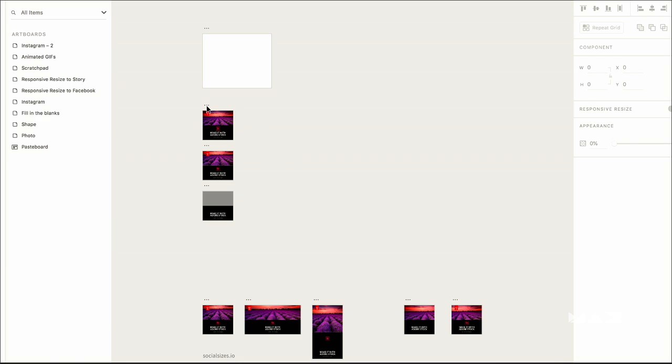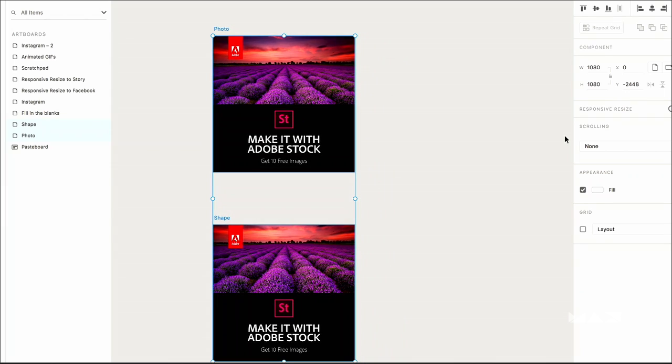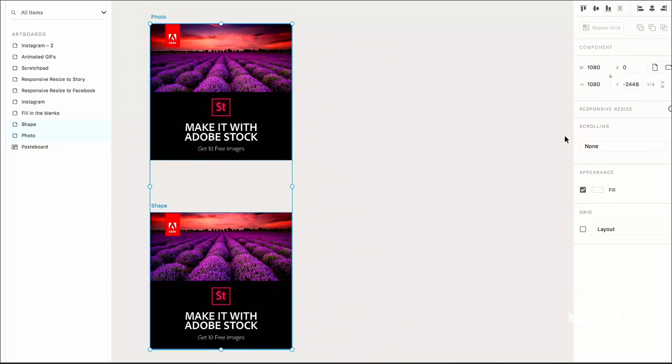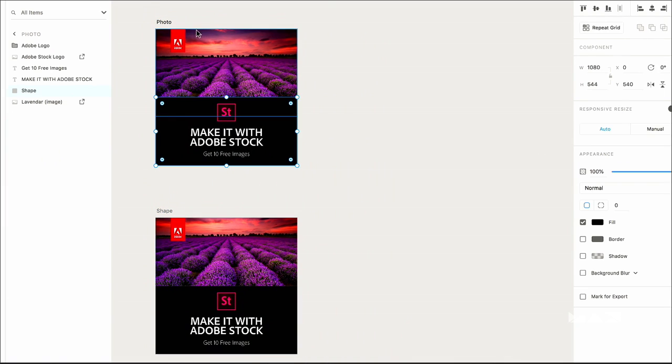Anyone have to create social media graphics and enjoys that? Yep. Would you like to learn how to do them really, really fast in XD? Yes. Okay. Using features that I've already taught you how to use. There's nothing new here. It's just using XD as you normally would use it, with one little caveat. All right, so I've got these two artboards here. These are my Instagram square versions of my banner ads or whatever it is that I need to create for social media. And I'm going to select this artboard